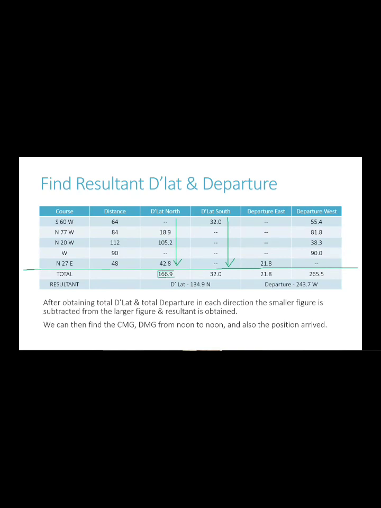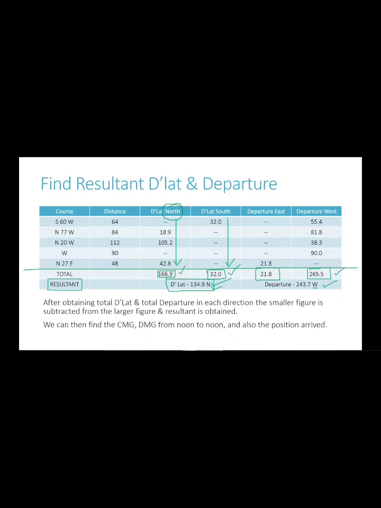नॉर्थ वाला डीलैट आया 166.9, साउथ वाला डीलैट आया 32। अब इन दोनों में से बड़ी वैल्यू 166.9, इसमें से छोटी वैल्यू को हमने माइनस कर दिया। तो 166.9 माइनस 32, this gives us the answer DLAT 134.9। और इसका नाम हमने क्या रखा? जो भी बड़ी वैल्यू का नाम था, इस केस में बिगर वैल्यू इज हैविंग नॉर्थ नेम, तो हमने डीलैट को अपना नाम नॉर्थ दे दिया। सेम थिंग डन विद डिपार्चर, ईस्टर्ली डिपार्चर, वेस्टर्ली डिपार्चर। वेस्टर्ली इज बिग, so west minus east, 265.5 minus 21.8 gives us 243.7 westerly departure।